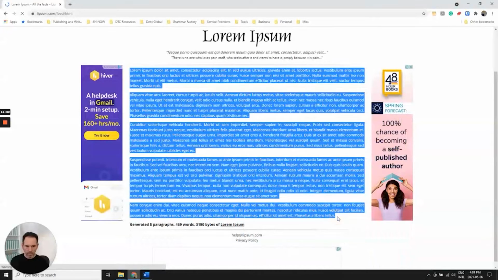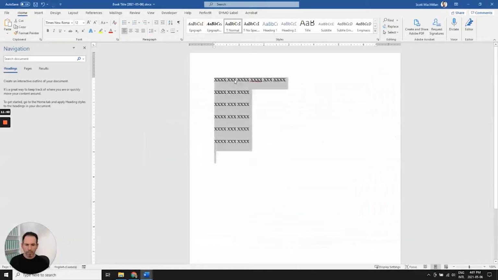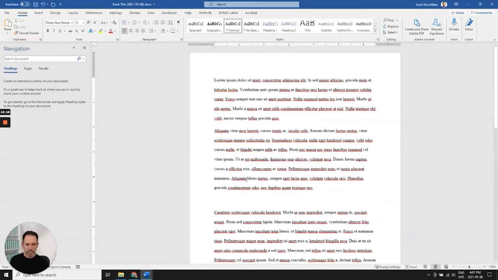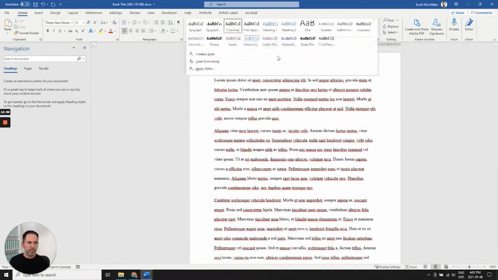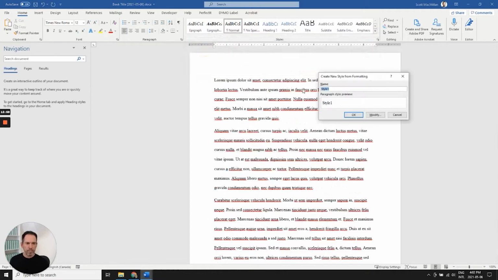So I select that, copy, go back into the Word document, and I'll select all and paste that in. And I'm just going to get rid of these spaces in between. Now, the reason I did that is now I'm going to create another style, and this one is going to be called